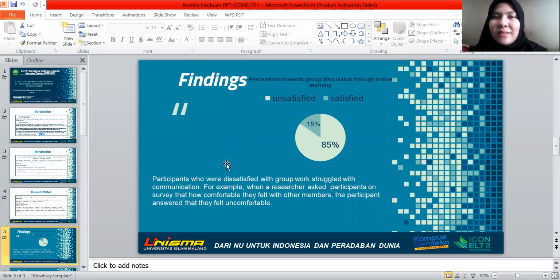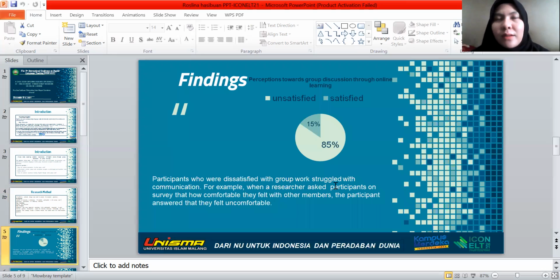So here we go to the findings. You can see the findings. About 85% of students were unsatisfied with online group work and only 15% were satisfied. The participants who were dissatisfied with online group work struggled with communication.